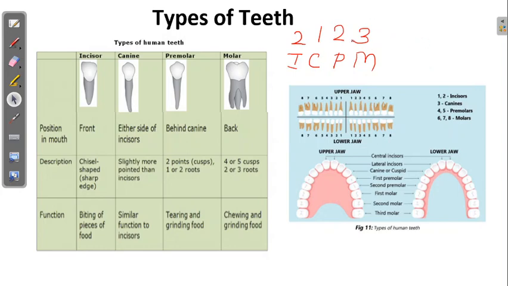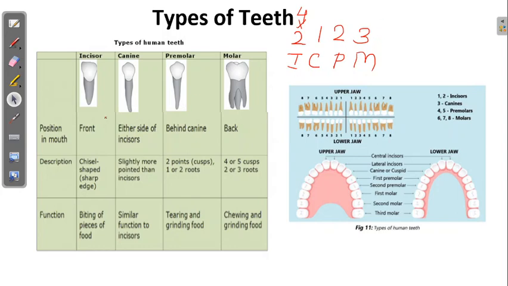And if I ask the number of incisors in your mouth, you have to multiply this by 4, because I am talking about only one part, one part of your teeth, a half of your lower jaw. If you multiply it by 4, it counts all 4 parts. So you have 8 incisors, 4 canines, 8 premolars, and 12 molars.